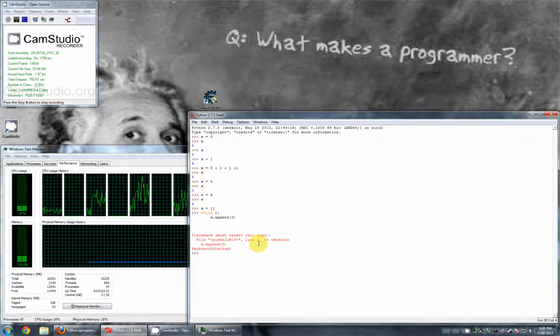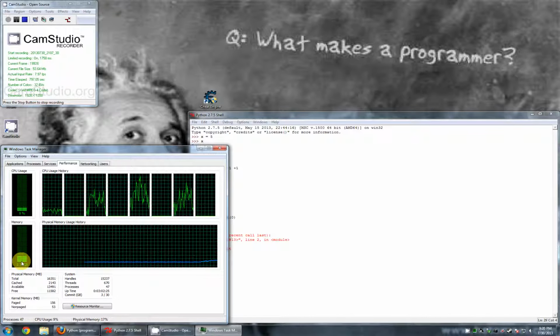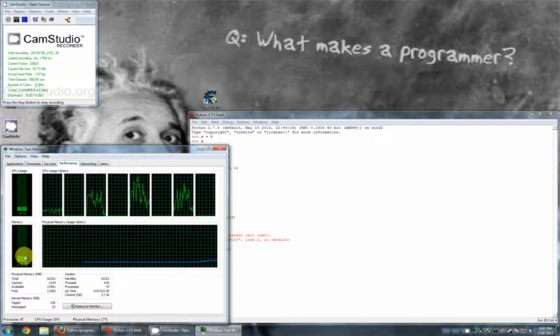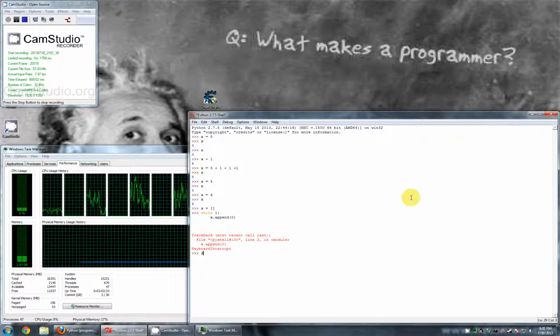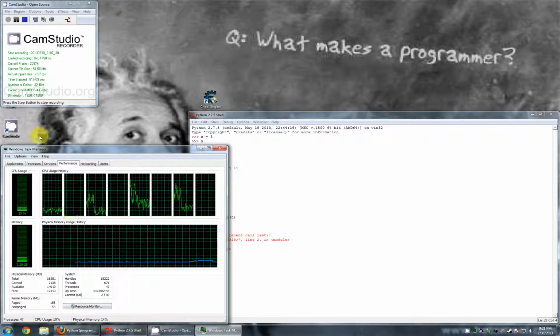So we're going to interrupt this program some way. We wait a second or two, and this should drop back down. It's not going to drop back down. I don't know, it's sort of screwing around, oscillating. So let's see if we can force that to drop back down. There you go. We typed this statement, it did something in Python, and the memory immediately went back down to where it was before we started running this. We're getting kind of close, so we're going to stop this, come back, and